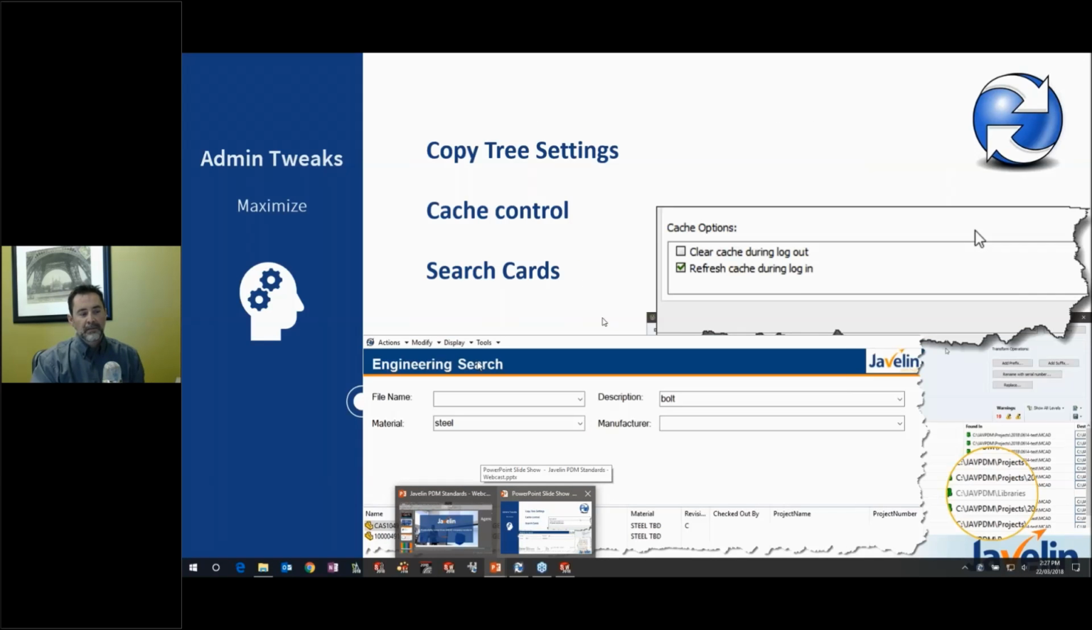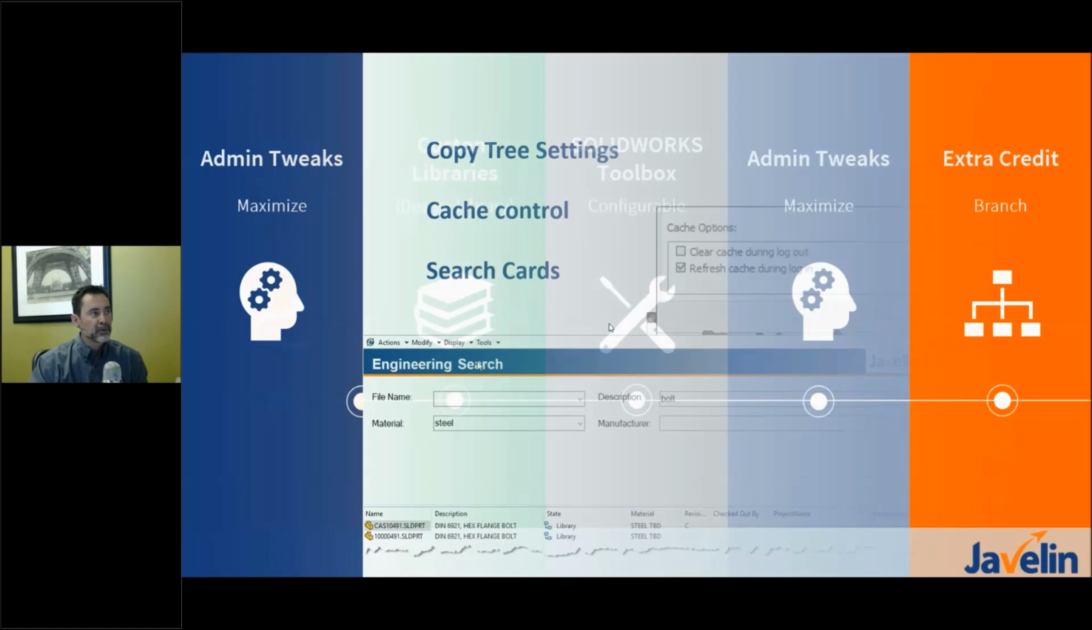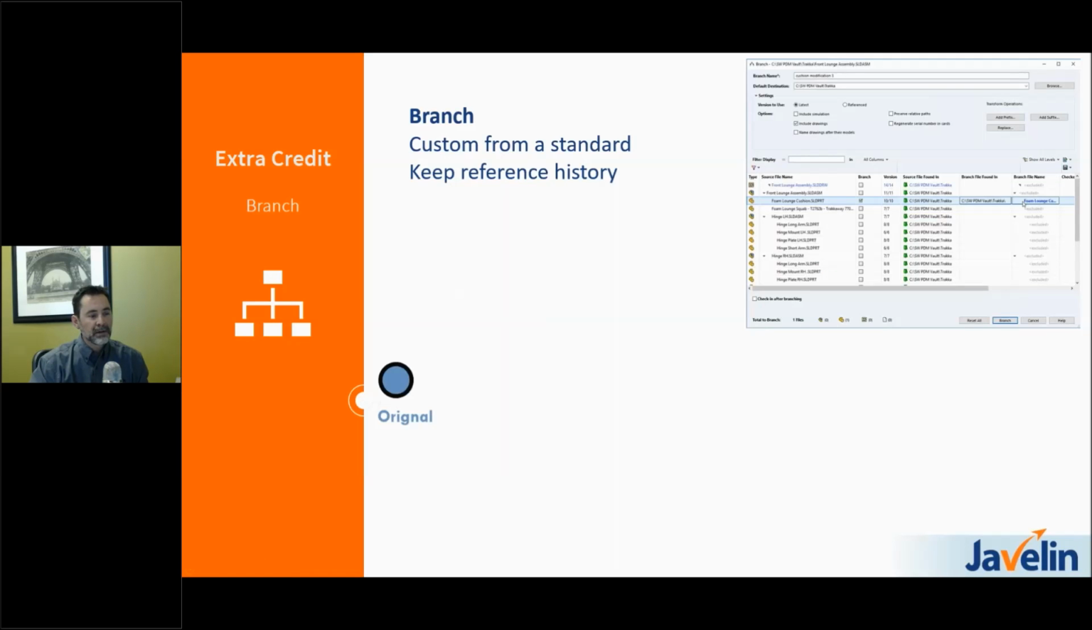And the last tip for today is how to leverage branching. It's a great way to create a custom part from your standards in your library. But what's really nice about it is it keeps a reference in the history, so you'll always know that this part file originated from some standard in my library folder. It could be important. If you're not familiar with branch and merge, picture it something like this, where